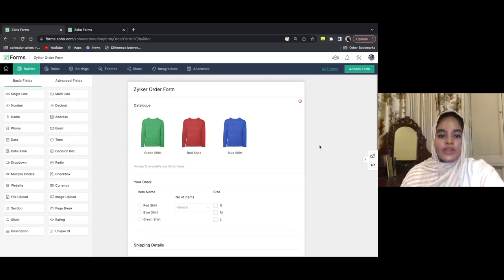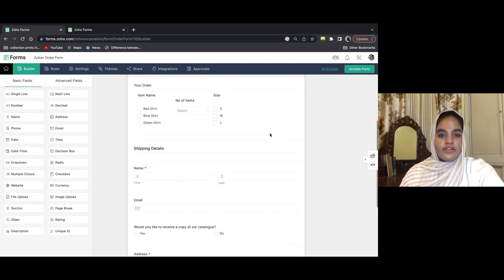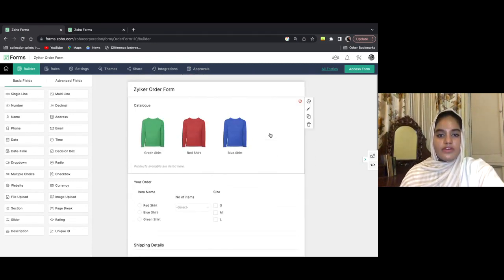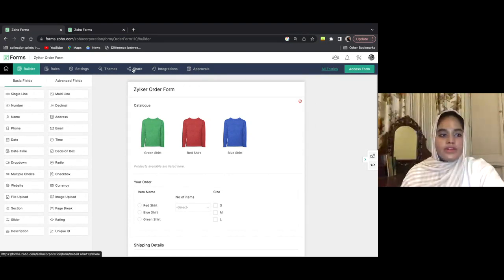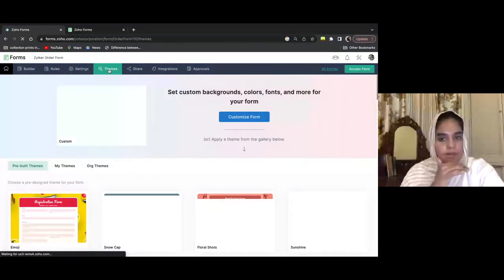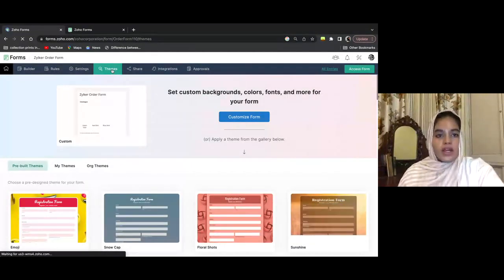As you can see on your screen here, I've created a sample order form for you. And today we're going to explore the theme builder by designing this order form here. So to go into the theme builder, you need to click on themes. As you can see, we have a page that opens up where you can customize your form by going into the theme builder itself,